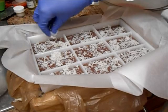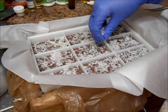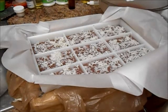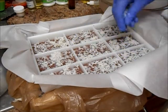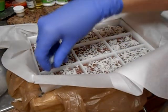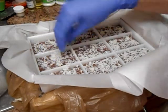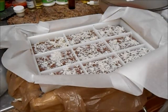I'm just going to add a few more little scraps to the top, just kind of filling in little naked spots. This is super cute. It's exactly like I thought it would be. That's fantastic. Alright, just a couple more here where you can't see. Okay, good. Awesome. And then I have also got some glitter